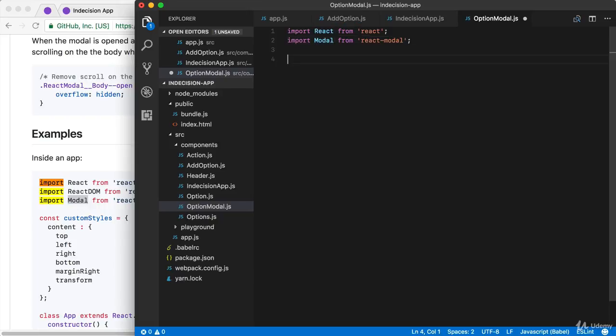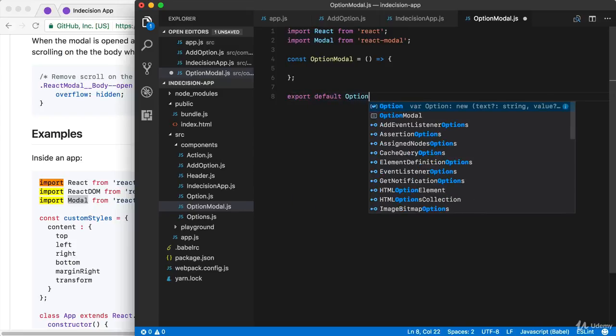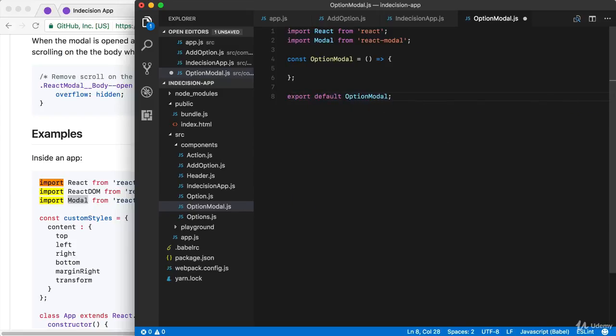It's going to be a stateless functional component. It does not need to manage state. Const option modal, we'll set it equal to an arrow function, and then we'll go ahead and export that arrow function. Export default option modal. Now, option modal is going to render that modal, but for now, we can just return some regular old JSX,